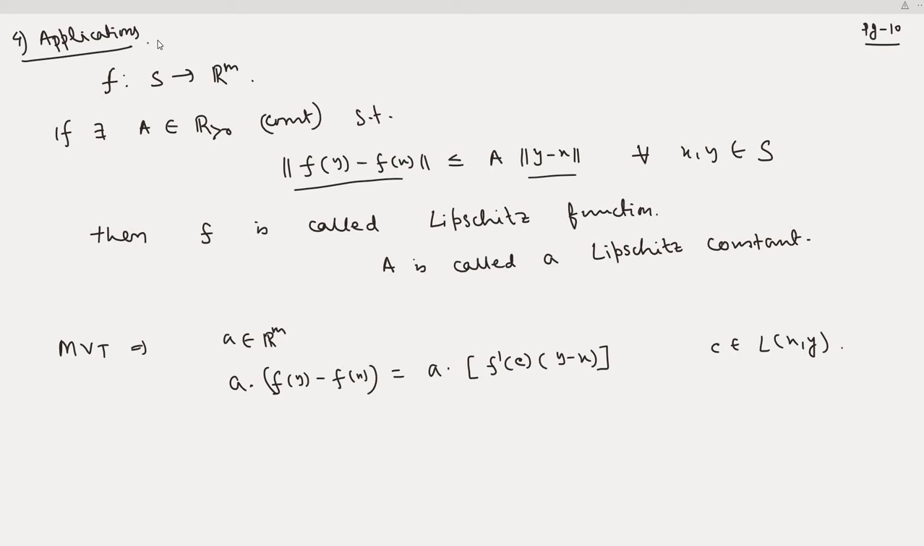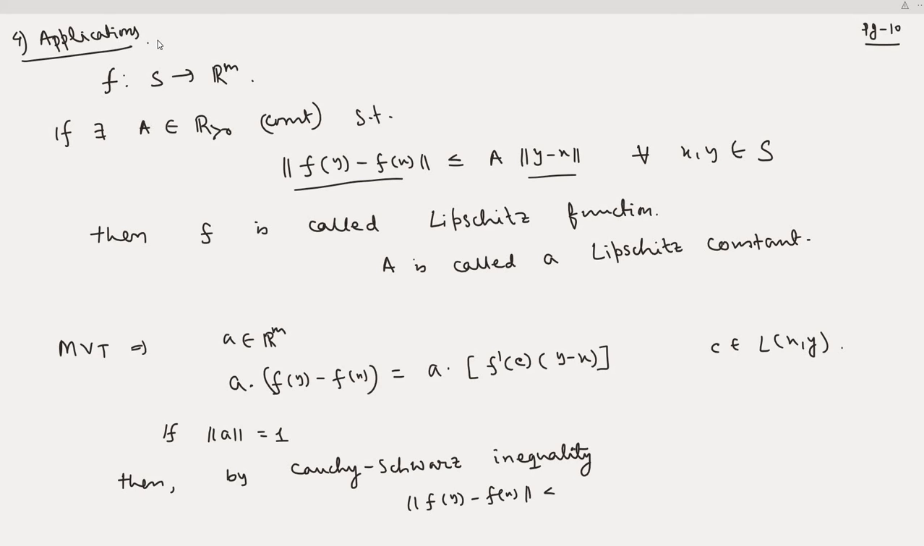Now if the norm of a equals 1, then by the Cauchy-Schwarz inequality we have that f(y) minus f(x) is less than or equal to f'(c) acting on y minus x, and this is less than or equal to m times the norm of y minus x, where